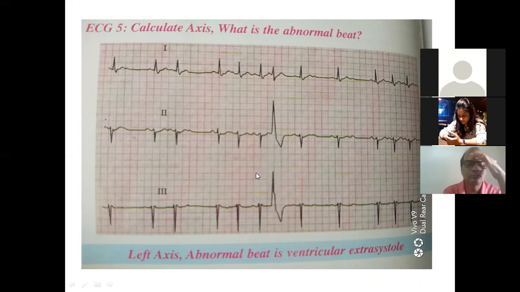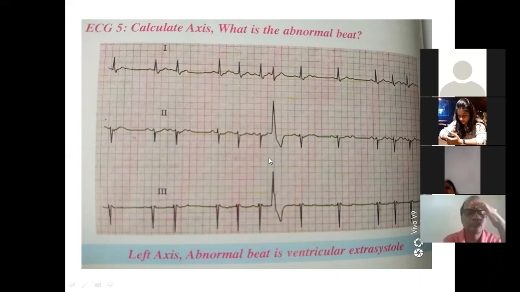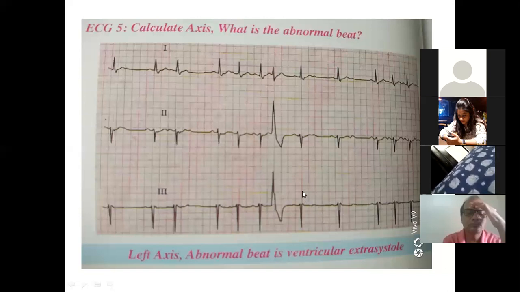Is this good or bad? Bad. What happens when there is a ventricular ectopic? What happens in the heart? There is no pumping of blood taking place. At this time, no blood is reaching the brain, which is very bad. Syncopal attacks. So when a patient comes with multiple ventricular ectopics or ventricular tachycardia, what do you have to do? Start the defibrillator, because the cardiac output is almost coming to 0. Survival of the patient is poor.